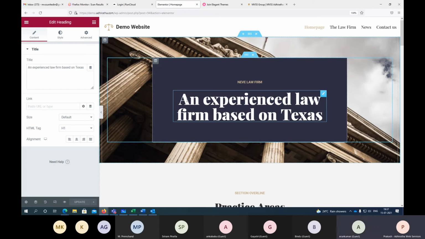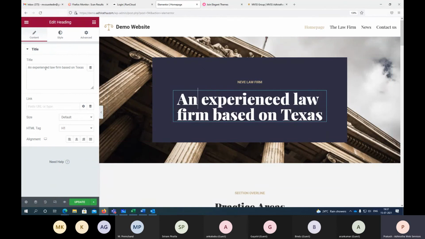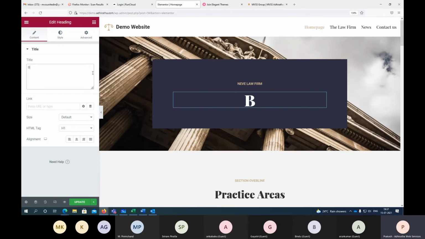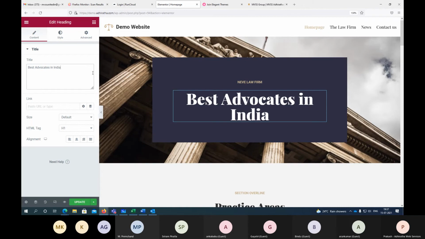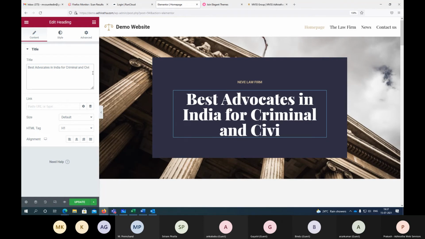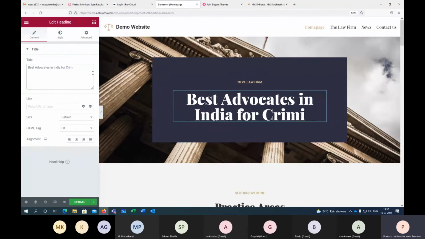Now if I want to edit this page, I can simply click here and start editing, or, as best practice, edit from here. It may look like too much, but don't get scared, guys.